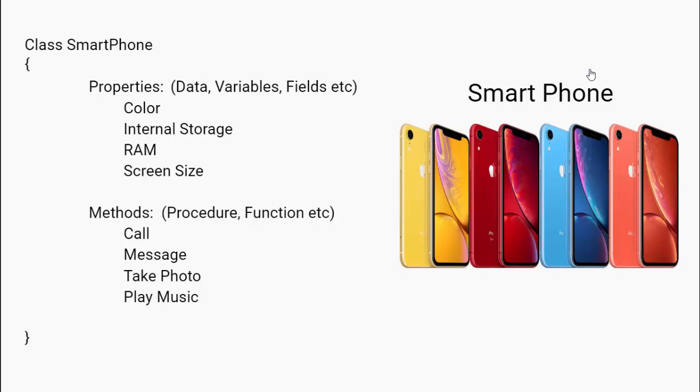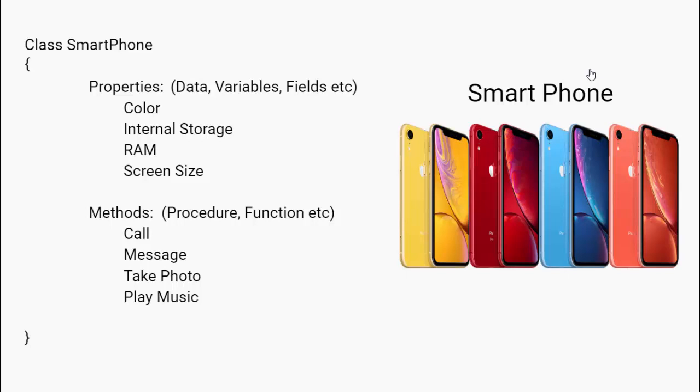Now why are we creating the class? Because by creating the class we can create as many objects of that class as we want. So let's say if we have a class called smartphone, then we can create so many objects of that smartphone class. So this is the basic explanation of object-oriented programming. So first thing, you need to make a class. In that class you will have some properties. The properties can be different for all these objects, and you will also have the methods.